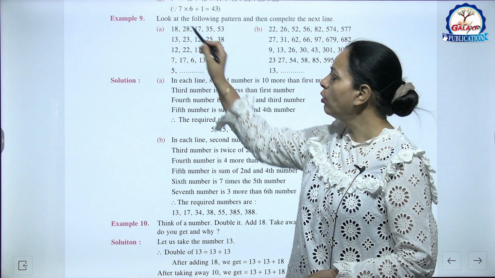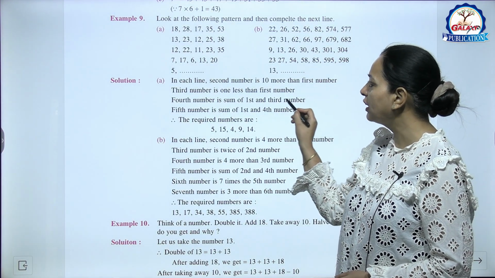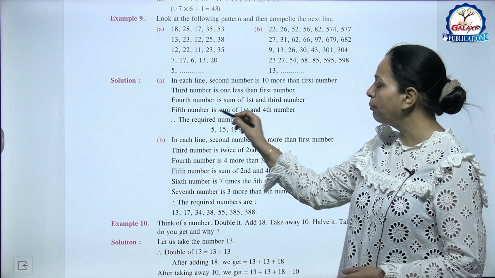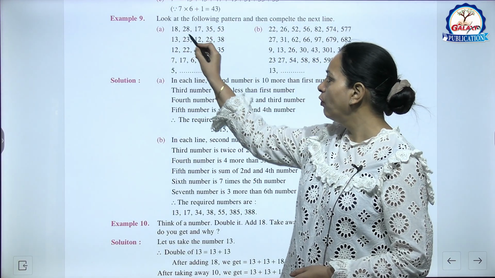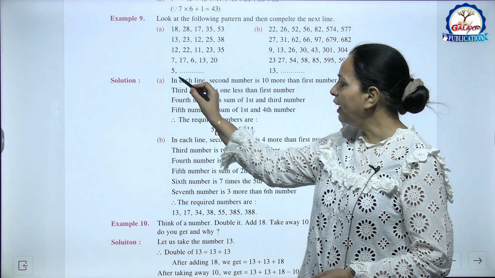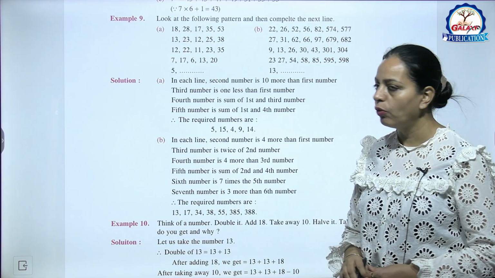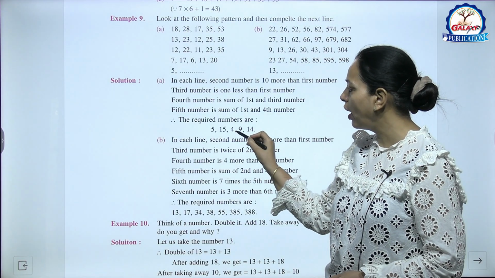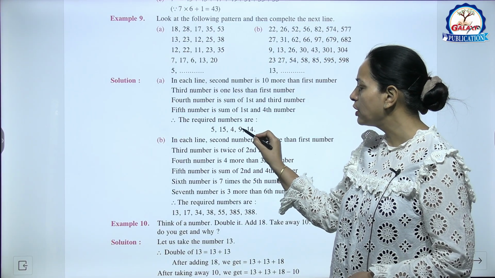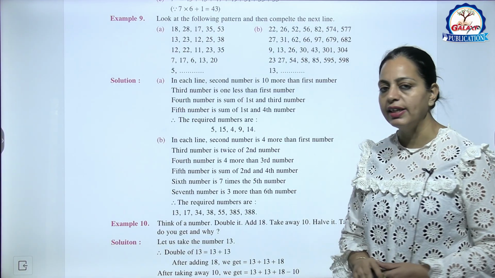थर्ड नंबर जो है वो 1 लेस है फर्स्ट नंबर से. एंड द फोर्थ नंबर इज सम ऑफ फर्स्ट एंड थर्ड नंबर 18 plus 17, that is 35. एंड द फिफ्थ नंबर इज सम ऑफ फर्स्ट एंड फोर्थ, that is 53. सो अब इसको भी हम ऐसे करेंगे, लाइक फर्स्ट नंबर 5 इज गिवन, सेकेंड नंबर 5 plus 10 15. ओके, देन थर्ड नंबर 1 लेस होगा, इट वुड बी 4. नाउ फोर्थ नंबर इन दोनों का सम, सो हेयर 5 plus 4 9 एंड द फिफ्थ नंबर फर्स्ट एंड फोर्थ नंबर का सम, दैट इज 14.